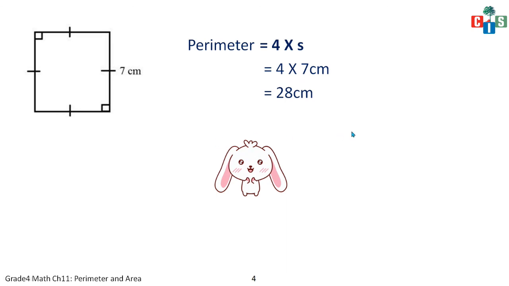In detail, we are going to revise it in our Zoom lecture. With this I am giving you exercise 11.2 and 11.3 as your homework. In one exercise you have to find the perimeter of a simple polygon, and in the other it is the perimeter of a rectangle and square. With the help of this video you will be able to solve it. I hope you will do the needful.